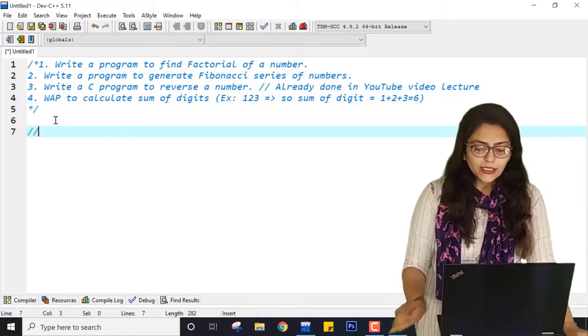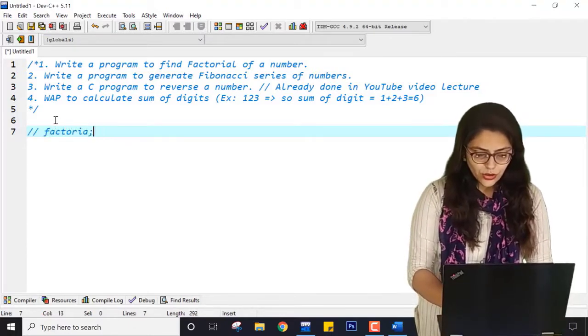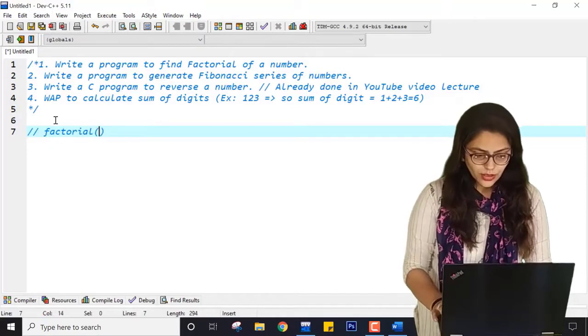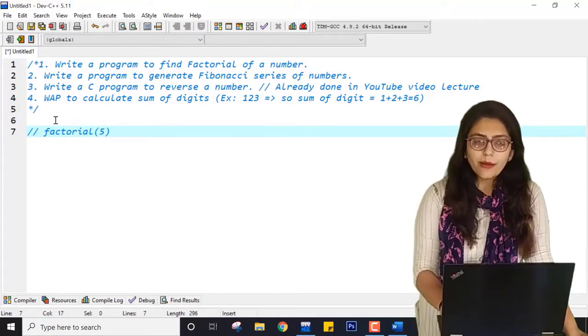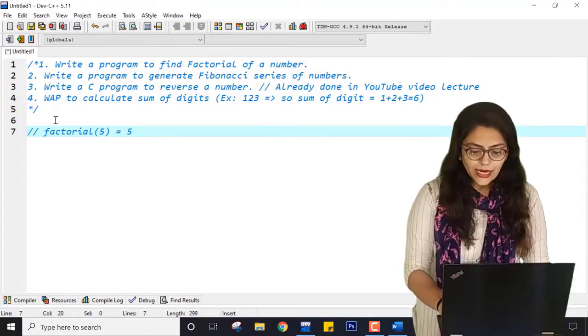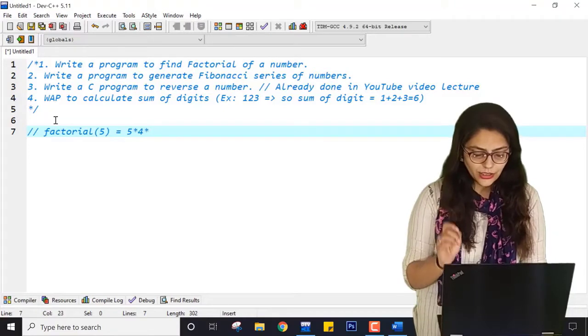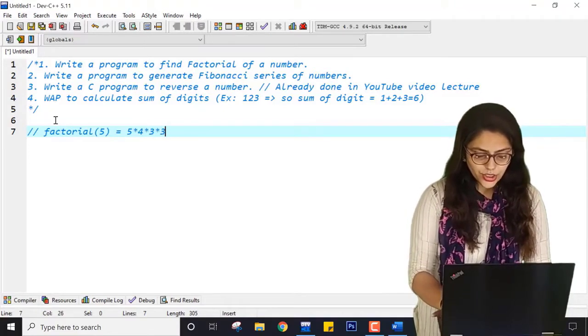Suppose I want to find the factorial of 5. Then I start with 5 and gradually decrement it by one until it reaches 1.